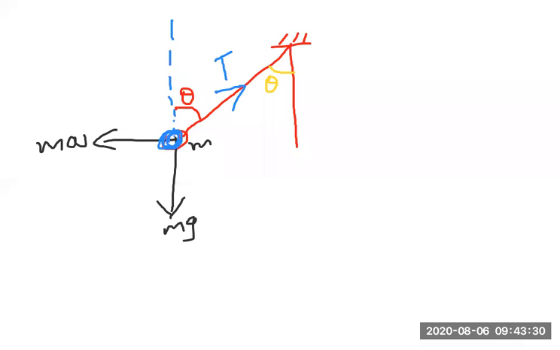We know that opposite angles are equal. So now we know how to resolve the tension into components. This is the tension acting towards the point of suspension. It makes an angle theta with the vertical, and these two opposite angles are equal. Resolving into components, in this direction we get T cos theta, and here we get T sin theta.